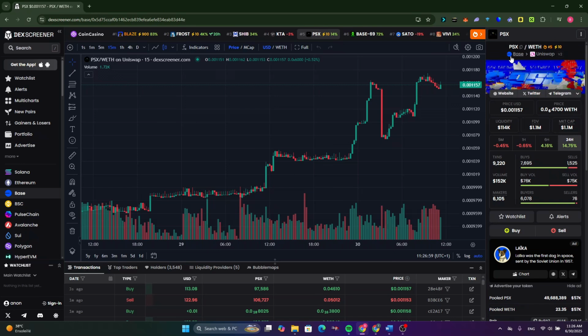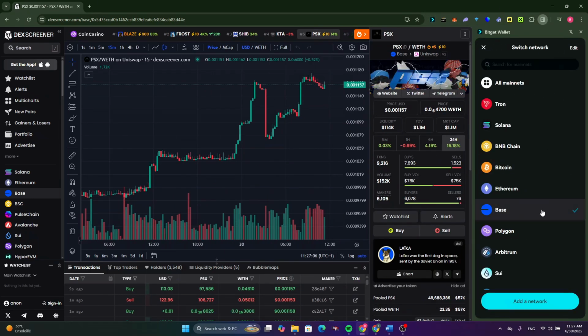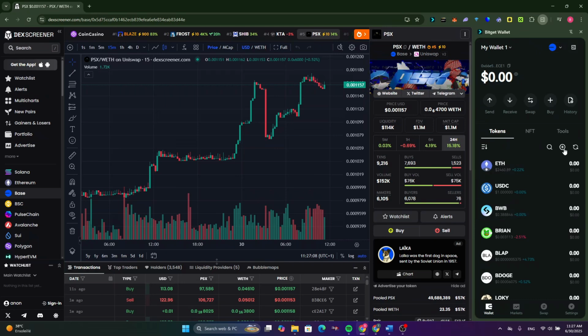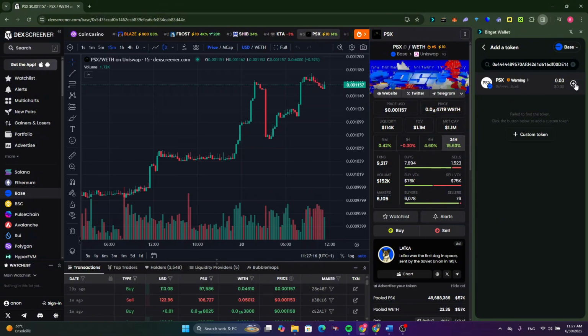Now, to be able to buy this token, just click here to copy the token address and open your Bitget wallet. From the top right corner, click here and make sure to select the Base network. After that, click on this plus icon and paste the token address in the search bar. Now, as you can see, this is the token, but before you add it to your wallet, make sure to read that warning. If you are ready to go, click on this plus icon to add it